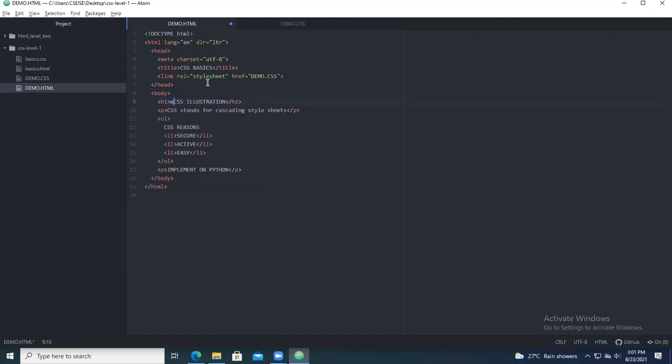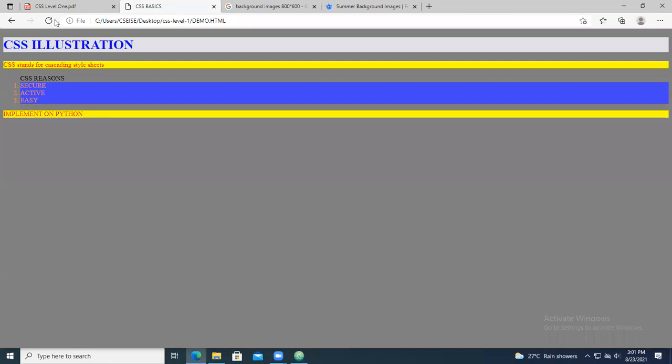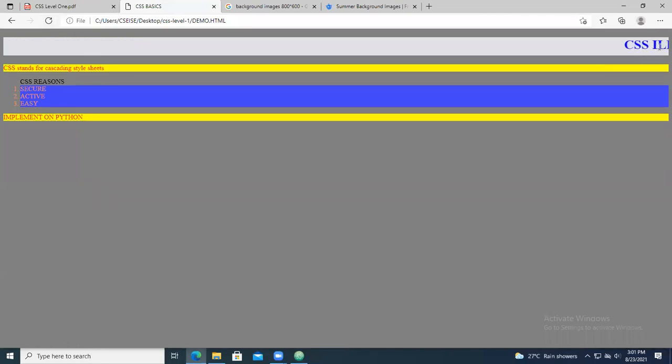Okay, so that I will be giving here. Marquee. So here you give marquee and here also you close it. Okay, so when you save and run the content, here you can see it is moving from right to left. So this is shown by the marquee tag.